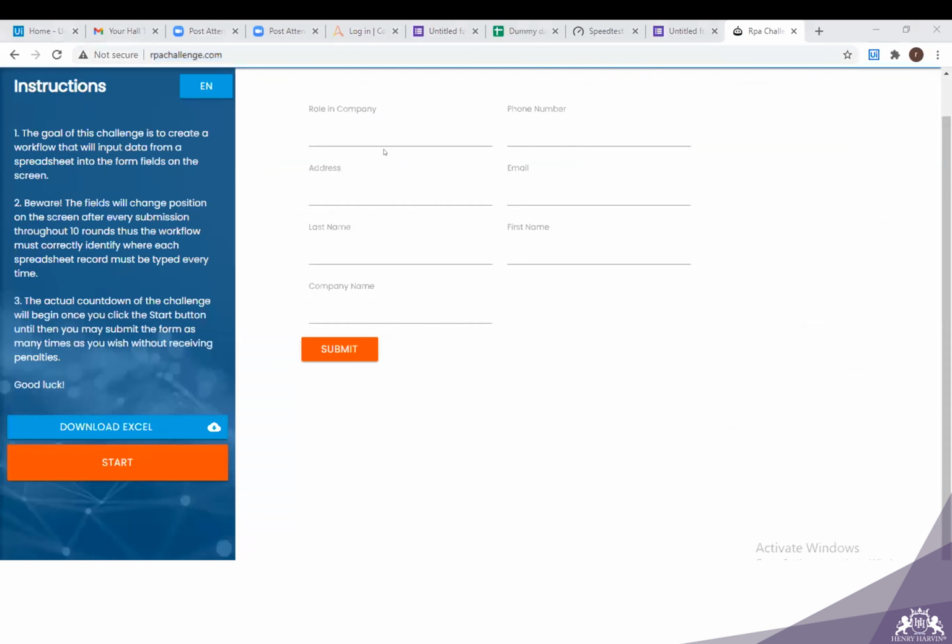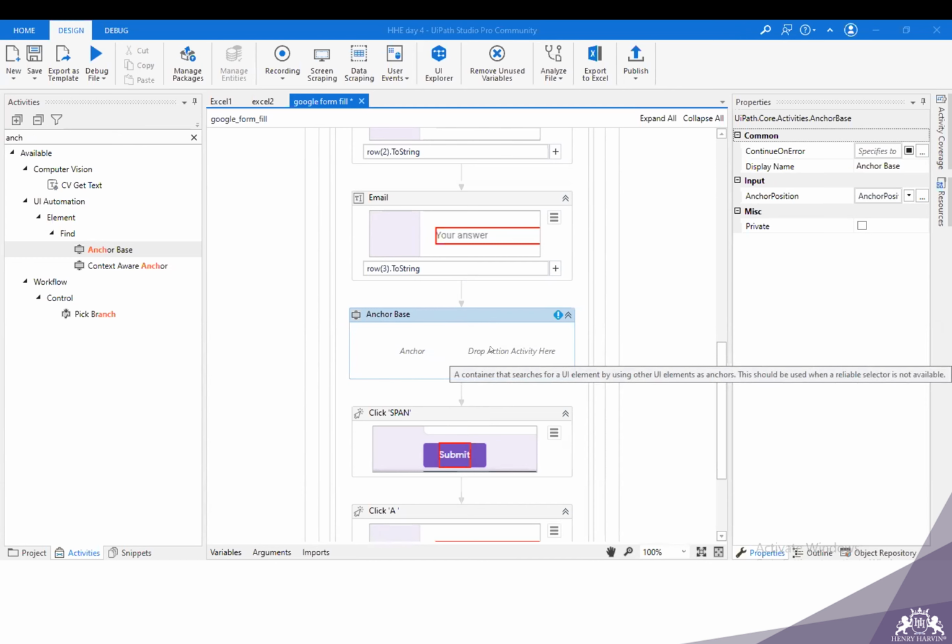Suppose I have dragged and dropped the anchor based activity, I get two options: one is anchor, another is the drop action activity. To identify the anchor, recall which activity we dropped on anchor when we were practicing anchor based activity.